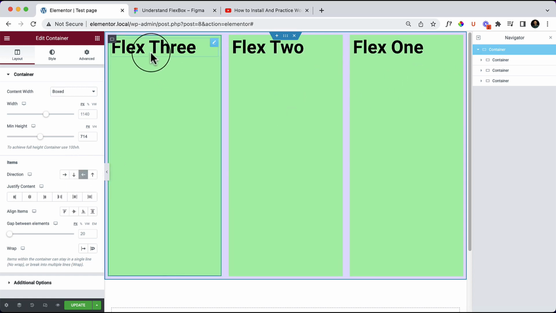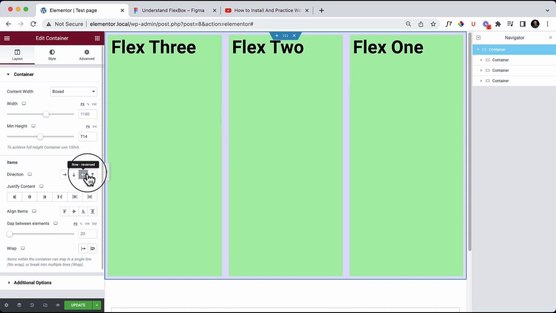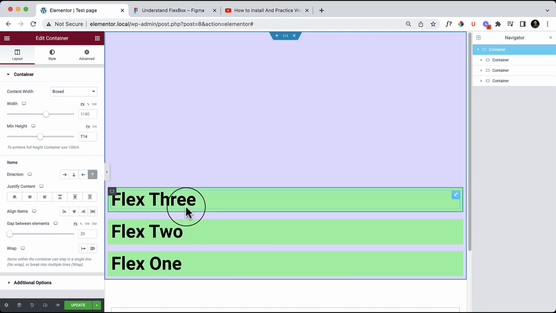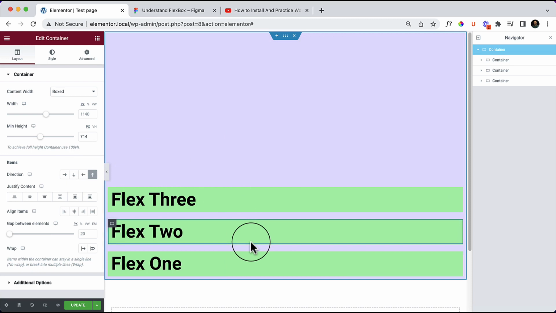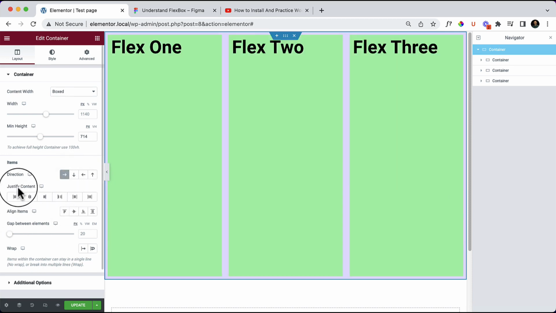So as you can see, flex 3, flex 2, and flex 1. Previously it was flex 1, flex 2, and flex 3. It just reversed the direction. So you can also reverse the column direction here, so you can also start from the bottom area. And the interesting part is, if you take a look at the justify content area, here you can see it's from start, center. I will share the justify content with you later on, but here is another thing,